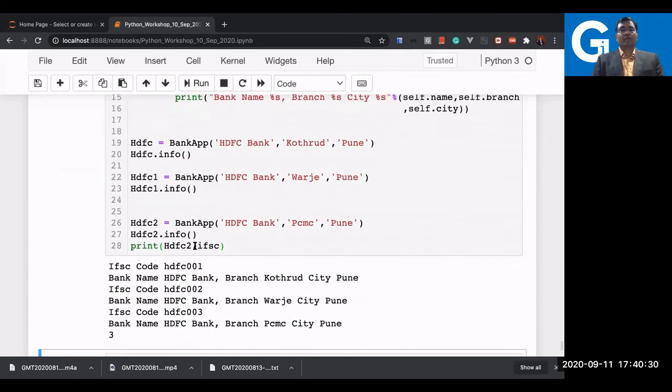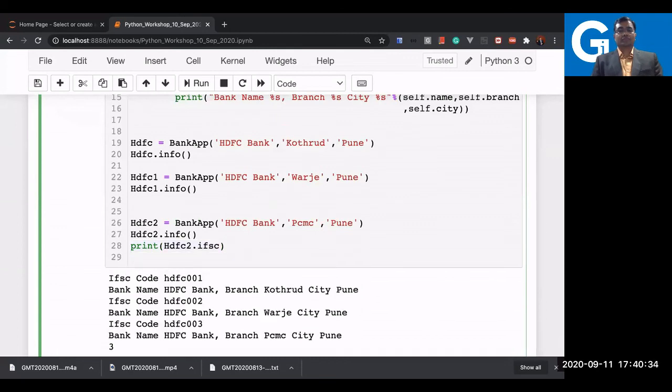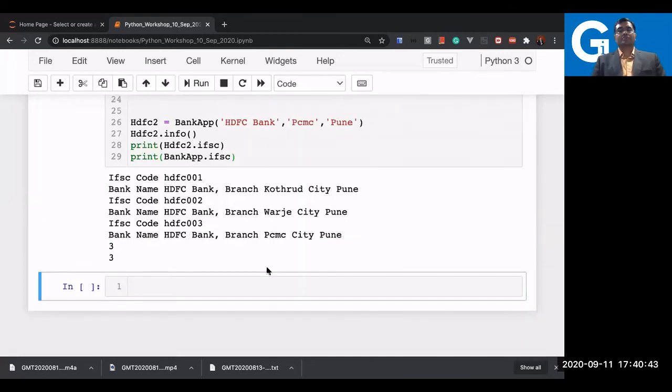Yes, why not? Let us test it here. This is the BankApp, right? This is a class name, and then access it. So a class variable you can access by class name as well as by the object name.